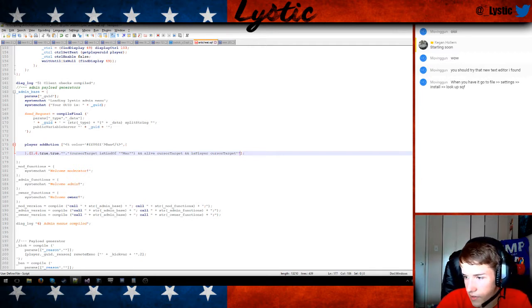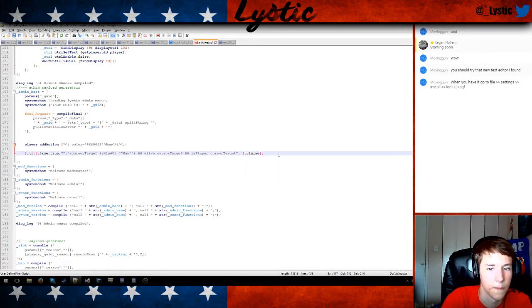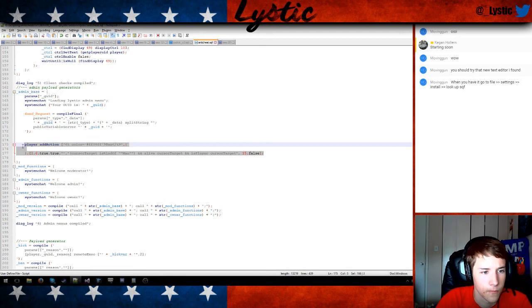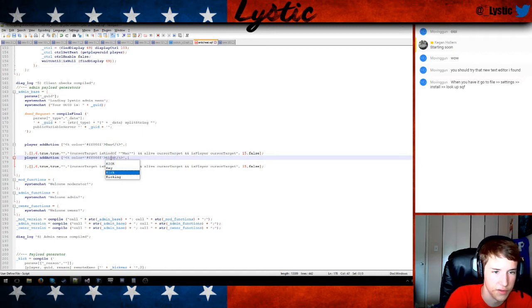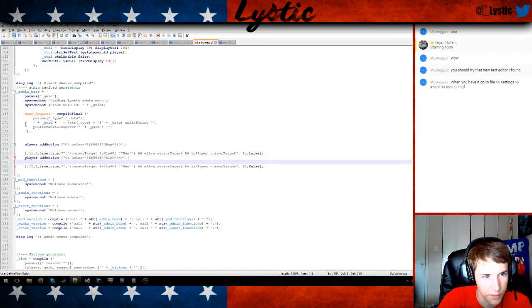Condition radius max value 15. Max value is 15, so we'll just 15. Okay. This is just really a temporary thing. I don't want to design a whole admin menu yet, so